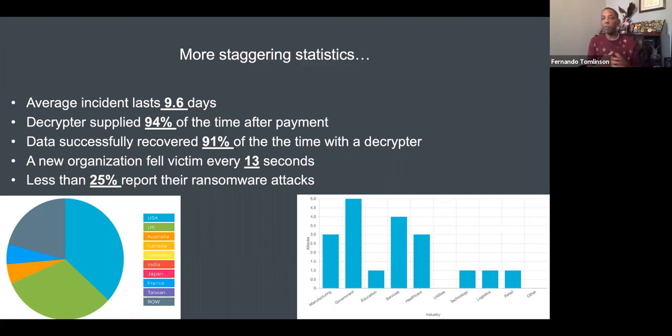Right. And as I talk about, not everybody's running to the front of the line or trying to get on the evening news to tell us about the ransomware attack. Less than 25% of people actually report them above regulatory guidance or reporting requirements, right? In the sense of openly coming out and saying it.